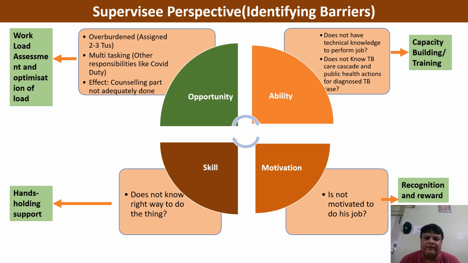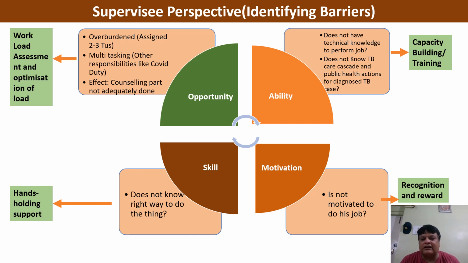Third is skill. Skill is different from ability because it tells about the manner in which a particular job has to be done. Suppose all the STS are trained on counseling, but a certain number of STS have perfection in their job while others may not be able to do it. So we also have to assess what kind of skill a person is applying during the course of the job. If some hand-holding support is required, accordingly it will be provided to him or her.